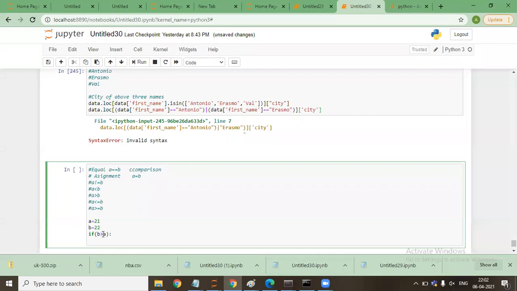So here in Python, this if statement, for loop, and all these things basically work with indentation.